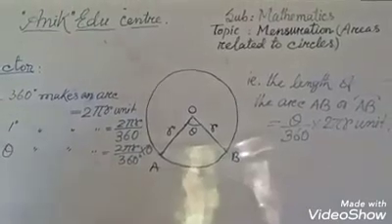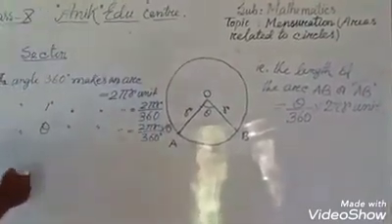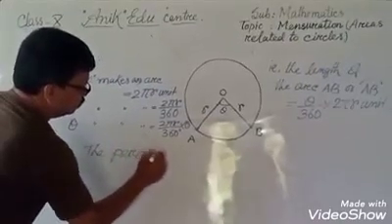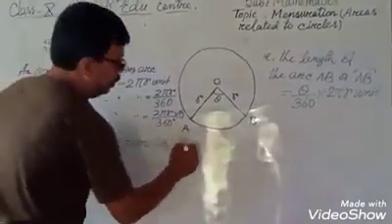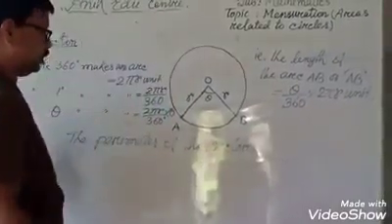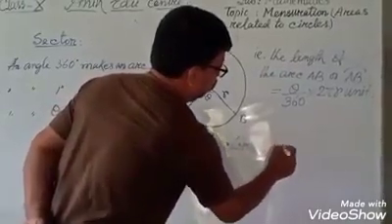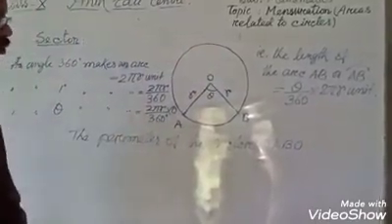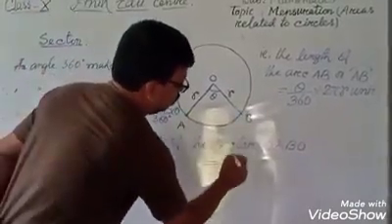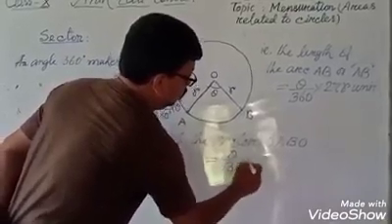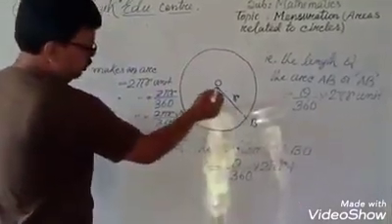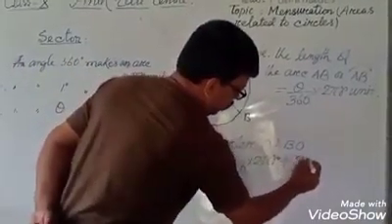As you know, perimeter is the total length of its boundary. So, we can write the perimeter of the sector OABO enclosed is equal to the length of the arc AB, that is theta by 360 into 2 pi r, plus this radius plus this radius, that is 2r unit.